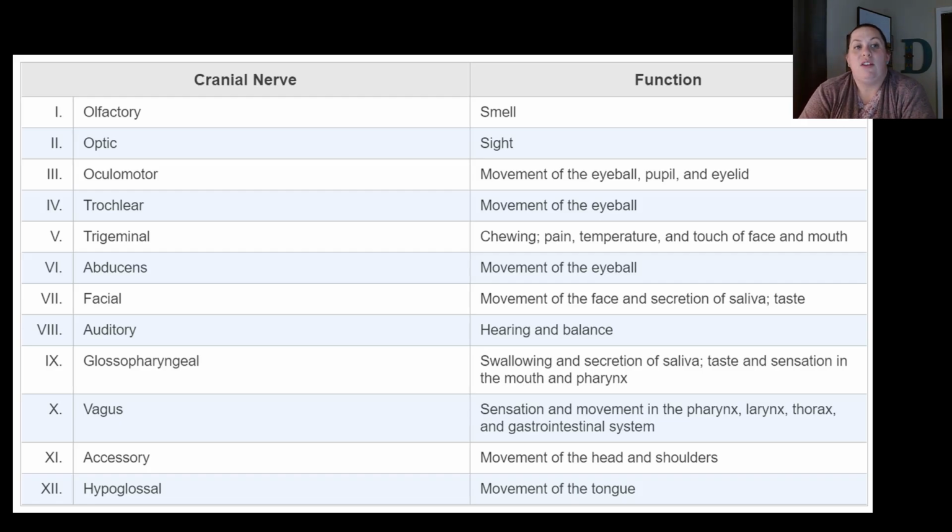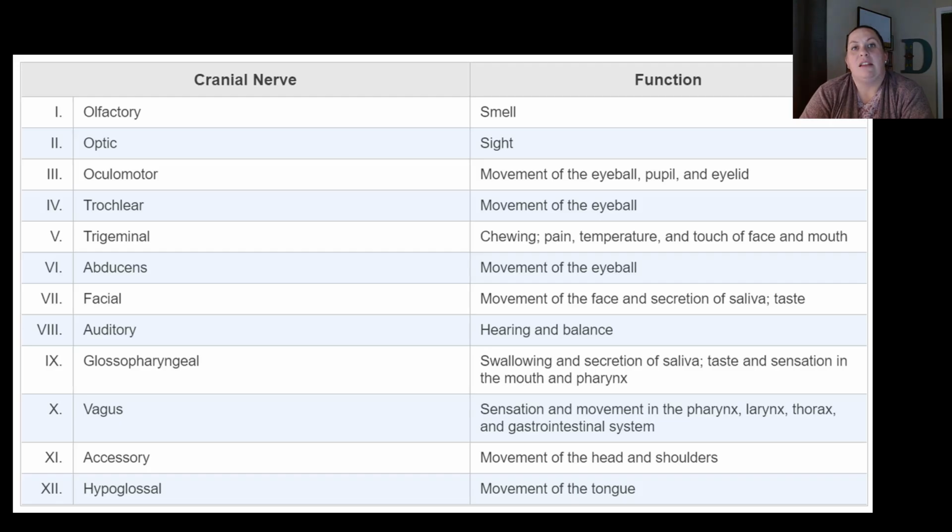Then you look at cranial nerve 3, 4, and 6. We'll come back to 5 in just a second. But 3, 4, and 6, which is the oculomotor, trochlear, and abducens, they all help with movement of the eyeball. So moving your eye and allowing you to be able to roll your eyes is due to these 3 cranial